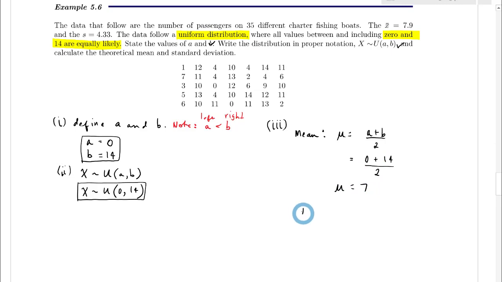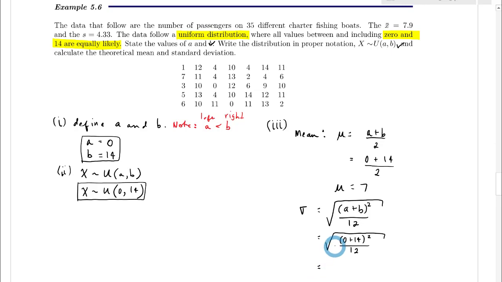The standard deviation is equal to the square root of b minus a squared divided by 12. Okay, so if we just take the square root of 14 minus 0 squared over 12, we would get,